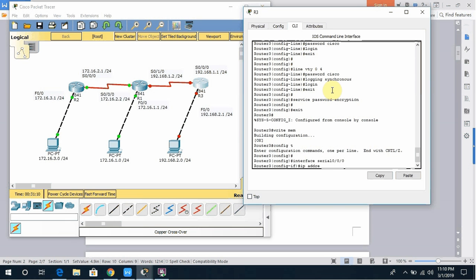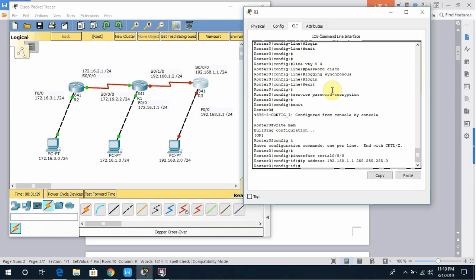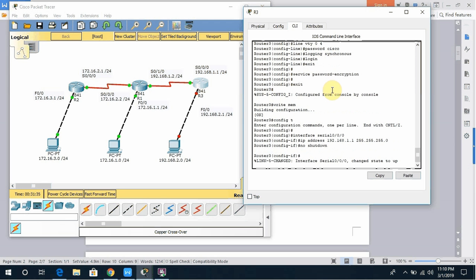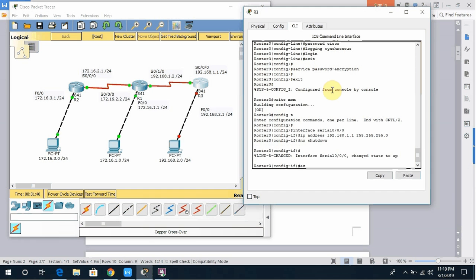IP address 192.168.1.1, 255.255.255.0, enter, no shutdown. Okay, then exit,